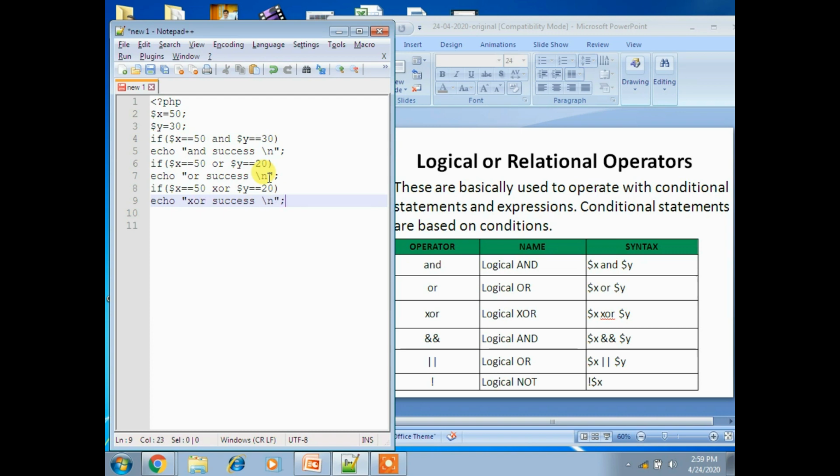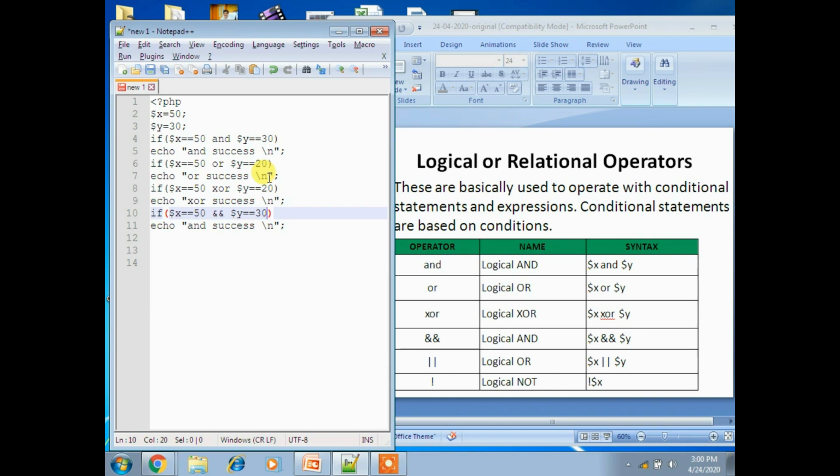Next one, take another one, that is double AND, which is nothing but logical AND. So instead of AND, put the double AND symbol, then place 30. For this example you can take $username equal to Danu, and $password equal to 1234.